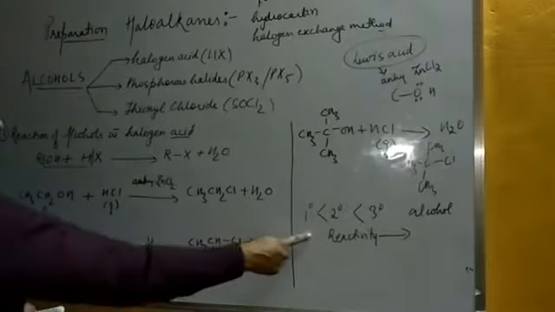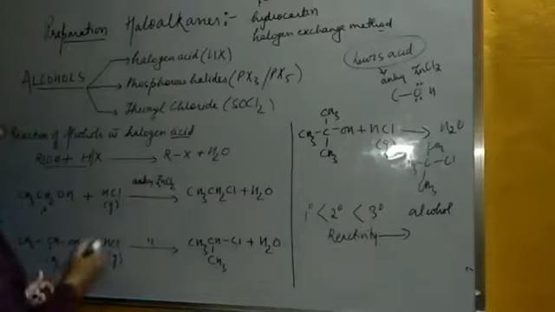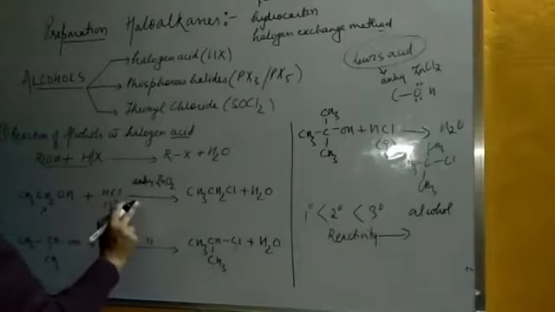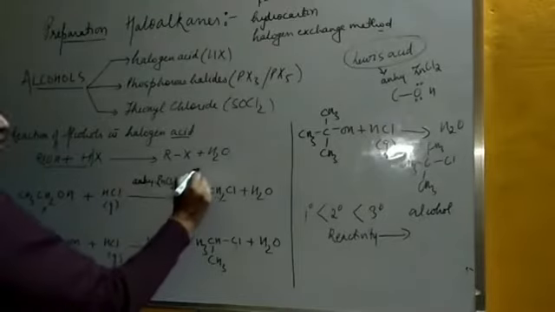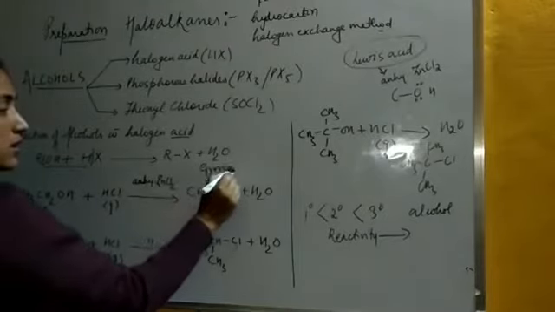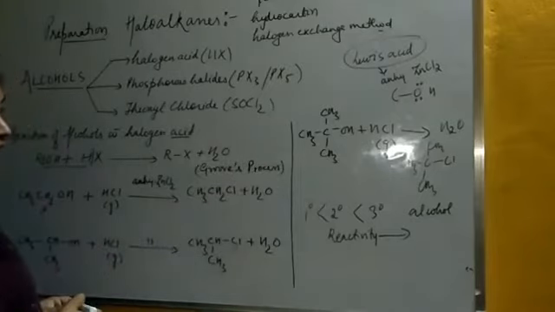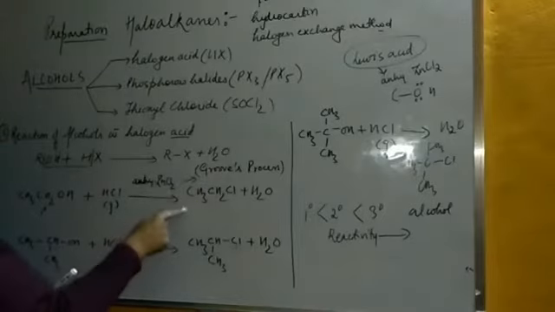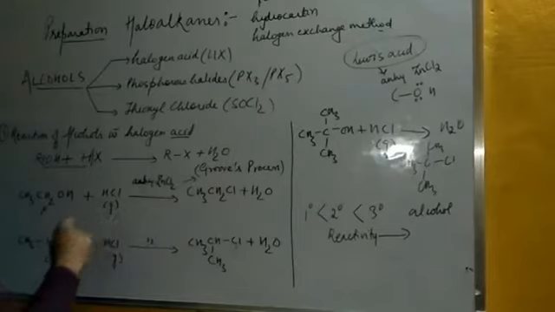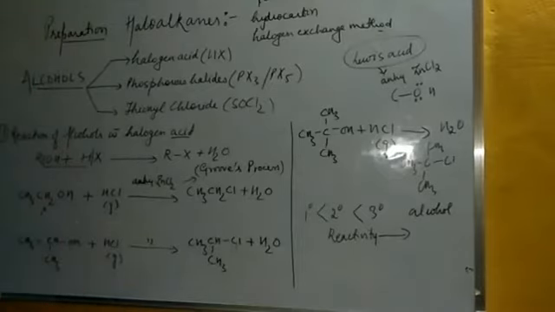Now we have discussed the reactivity, that the tertiary alcohol will be more reactive toward this reaction. So in this reaction, when we use the anhydrous ZnCl2 here for the primary and the secondary alcohol, this is known as the Groves process. Right? When we have anhydrous ZnCl2 and a primary and secondary alcohol reacts with the HCl, right, a haloalkane is formed. Now student, what about the reactivity of the halogen acid?